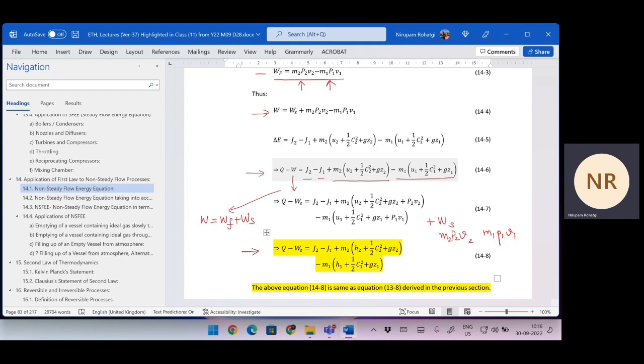So something is going in, something is coming out. Okay. And they are different. So what is going in is different from what is coming out, right? So the mass in the system is also changing. J1 is not equal to J2, M1 is not equal to M2. Okay. So now when we apply this equation,